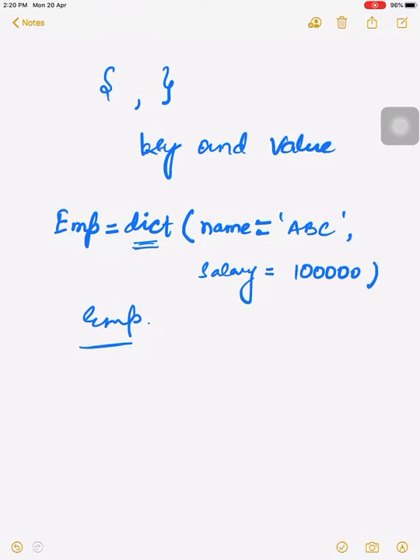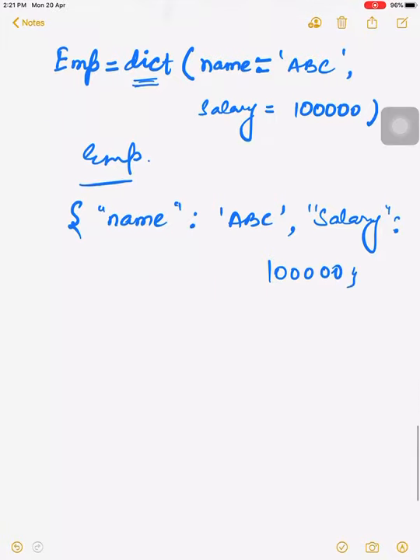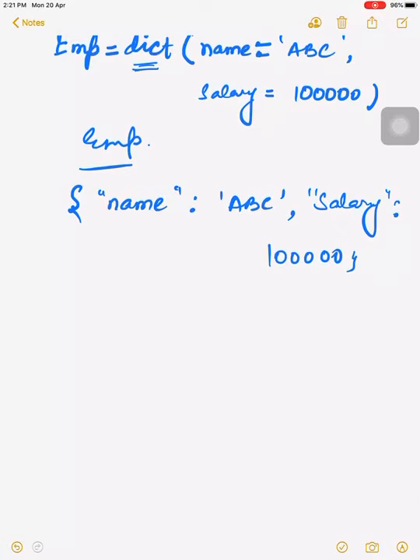So whenever we call employee, it will come in the form of a dictionary, because the dict function converts these values into the form of a dictionary. Then what will be the output? The output will be in the form of name: ABC, then comma.